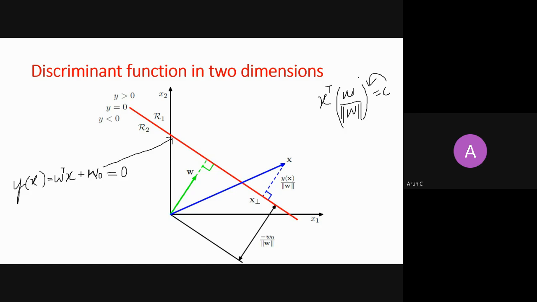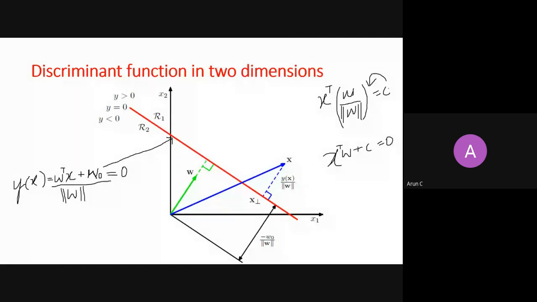You are bringing the constant to the right hand side of the hyperplane equation, and on the left hand side you will get a 0. So in standard form, you can write it as X transpose W plus C equals 0, right? If W is not a scaled version, then I need to normalize this, and when I normalize it, I need to divide it by the norm of W.